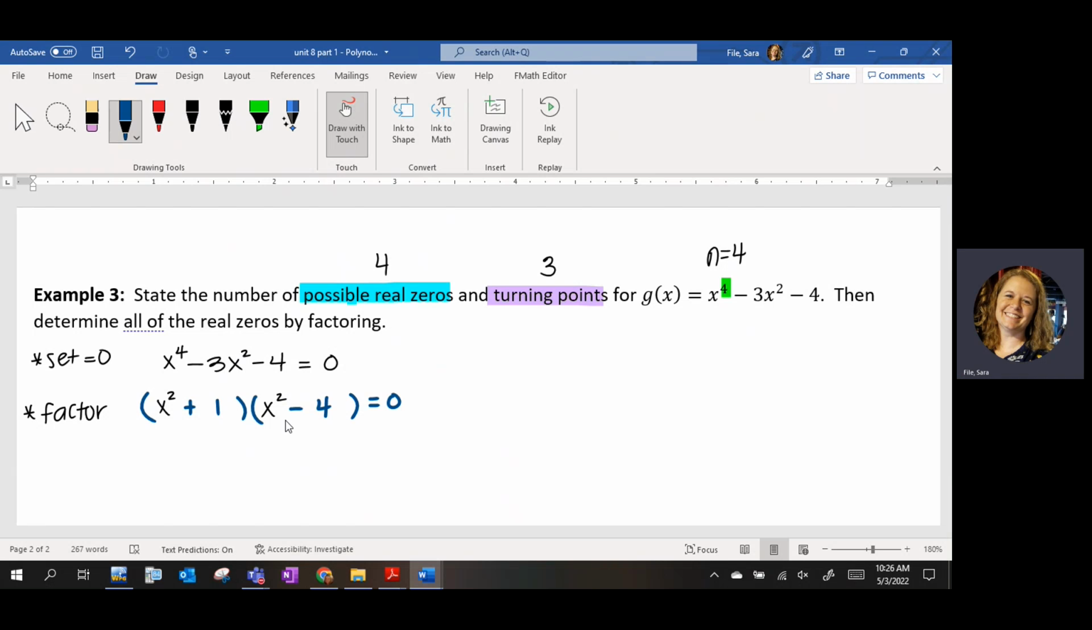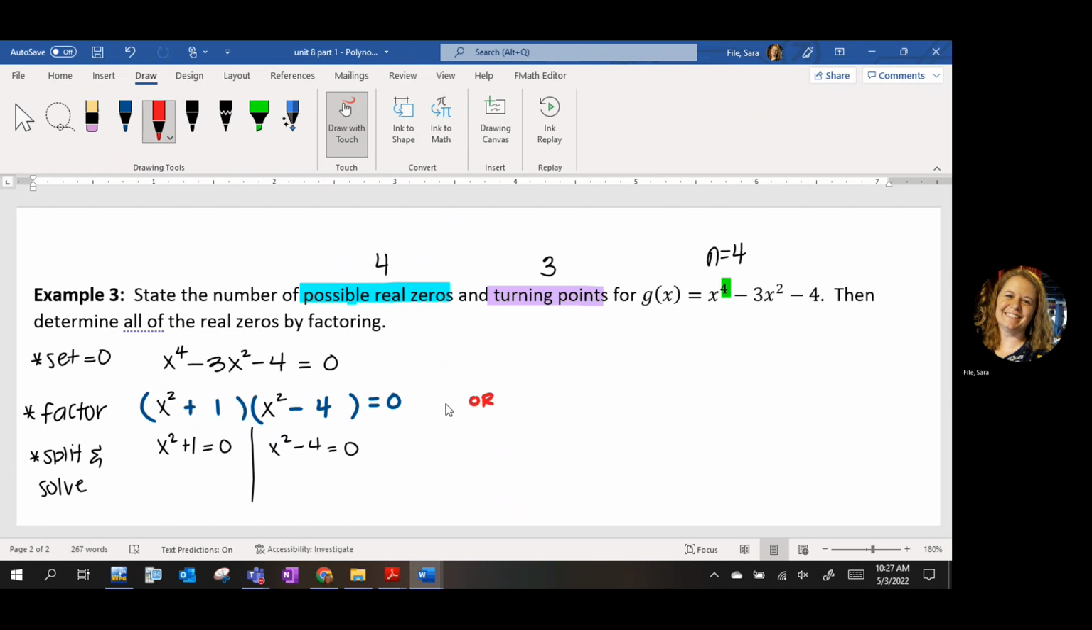Okay, now, once you get here, you have 2 options of how to finish solving this. Each factor that I have here has only one x term, right? So I could go ahead and split and solve. I could go ahead and set each factor equal to 0 and solve each of those individually for x, right? My other option, once I get here,